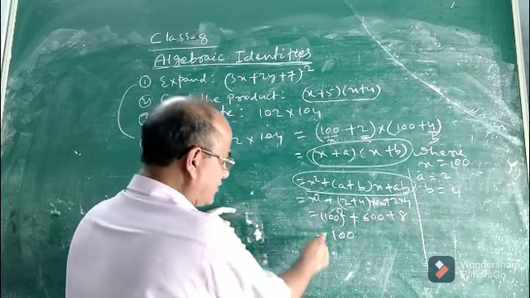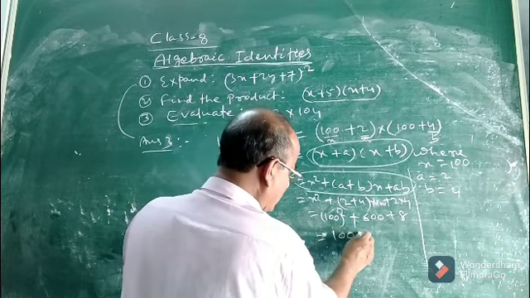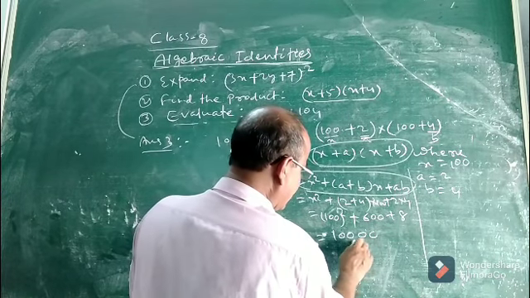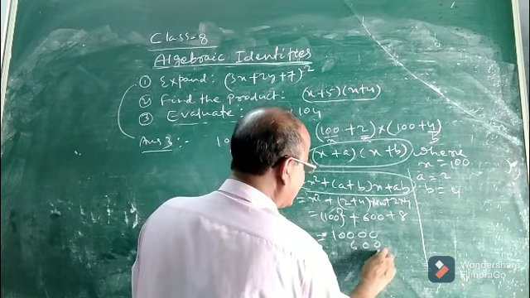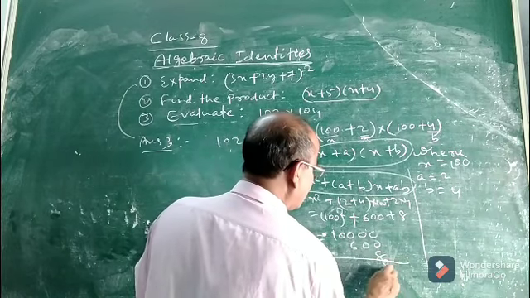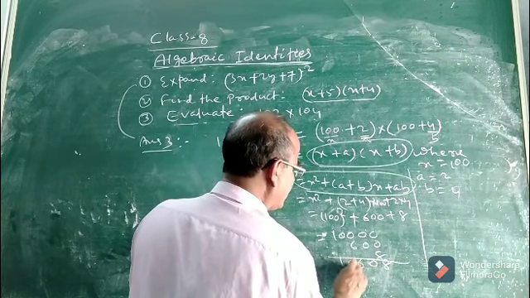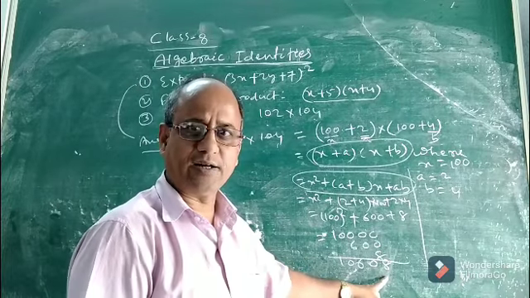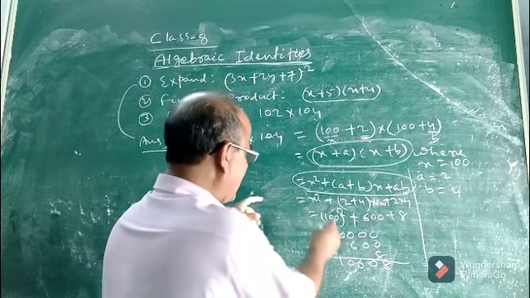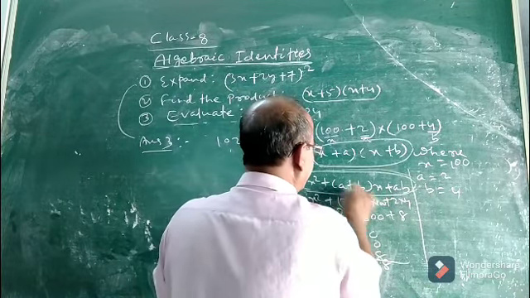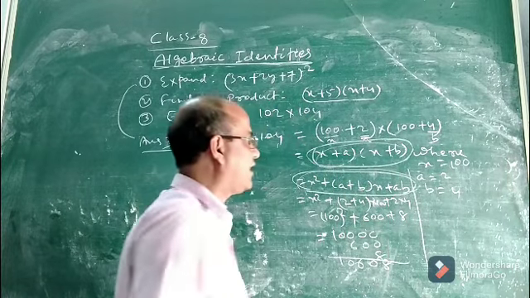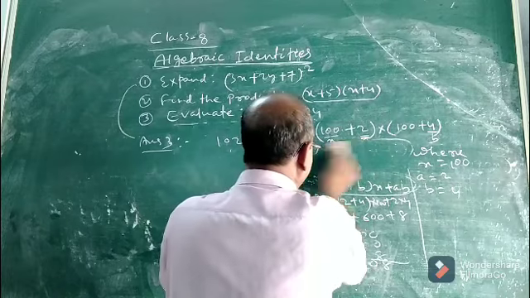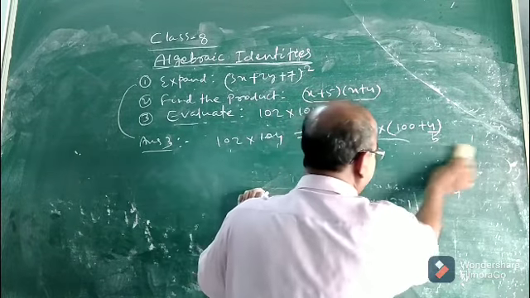Okay. Now 100 square is 10,000, plus 600, plus 8. Now you add them. It will be 8, 0, 6. The answer will be 10,608. See, children, these steps are not compulsory. Just to make you understand, I have done this. That means what I want to say is, you can do it directly also instead of writing so many steps. You see.